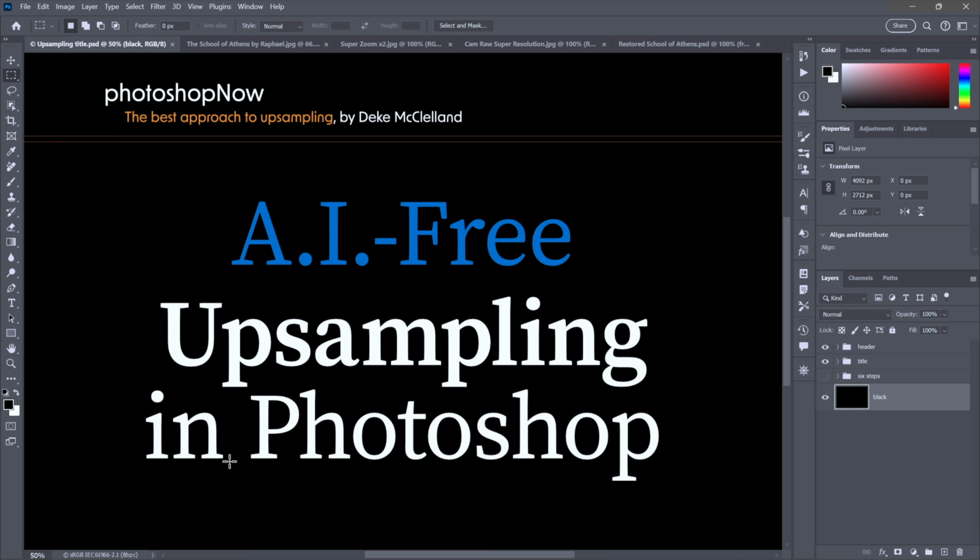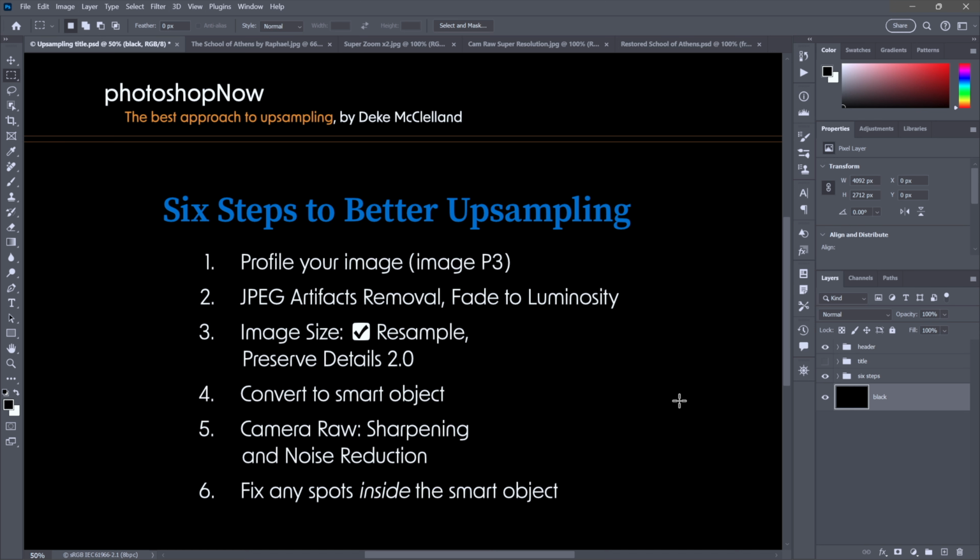That's not to say that Photoshop doesn't provide AI upsampling solutions. They just don't happen to be good solutions. They're subpar. That's the kind way to put it. However, what I'm about to show you is not like a one-click solution. It's a 6-step solution, as you can see right here. But if you're willing to put in the time and effort for that very special image, this is the way